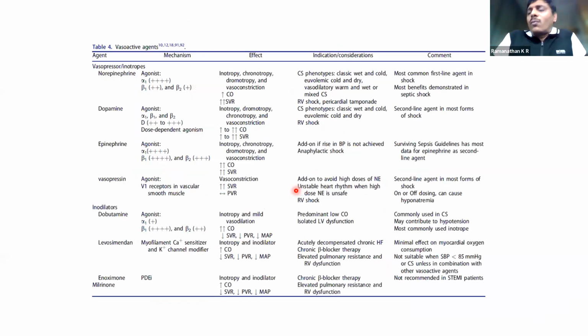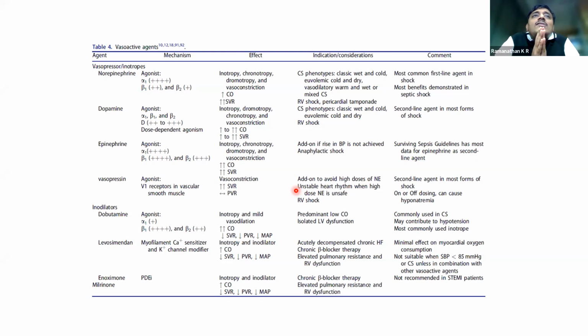Now, one important thing that needs mention, and we did talk about it earlier, is in addition to the treatment of your primary inciting event, the management of the shock states. And of course, management of cardiogenic shock can never be complete without talking about the inotropes. Now, you've got to understand that you have a wide array of inotropic agents at your disposal. At the outset, I've got to confess that there is no superiority of one inotropic agent over the other.